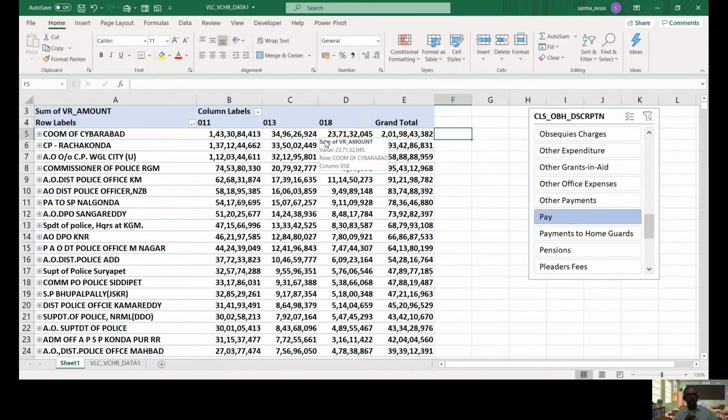If we divide it by 12, we'll get the monthly average expenditure. So this monthly average expenditure we can take as a cap. That means the leave encashment should not exceed this monthly average, isn't it? Why? Because the employee can take and encash only 15 days of earned leave.